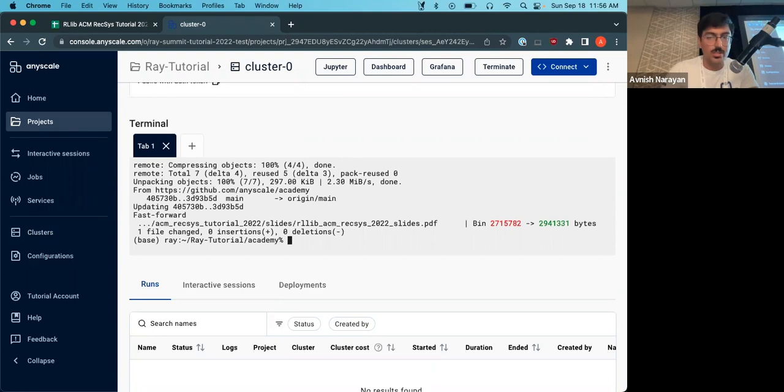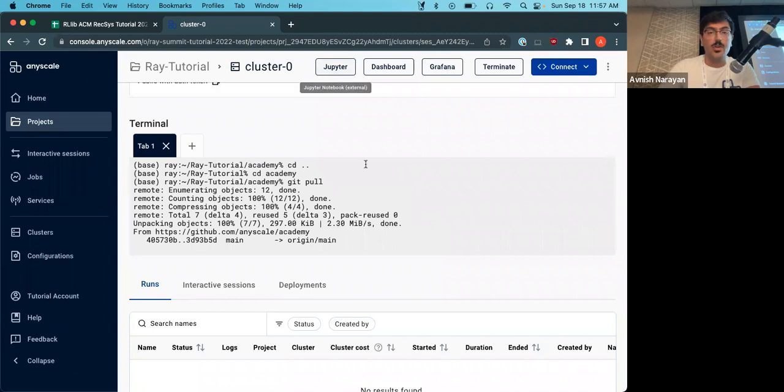Once you do that, you get a new thing updated on the slides, which you can refer to after this. For the rest of the tutorial, we're gonna be using the notebooks that have been already prepared. Those are accessible by clicking on this. And then once we go in,